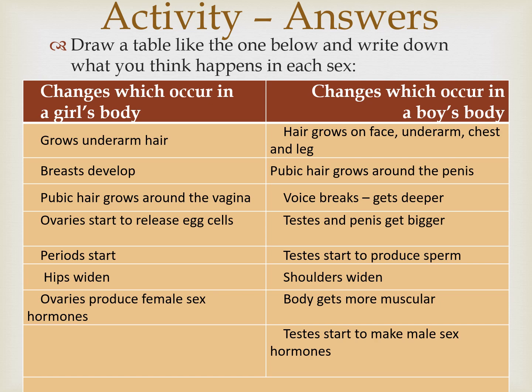In boys, it's slightly different. Okay, so you'll get hair growing on your face, your underarm, your chest, and your legs, as well as pubic hair growing around the penis. Your voice will break and it will get deeper. So you'll notice some of your friends' voices will start to get deeper, male voices. That's because their voice is breaking as they go through puberty. The testes and the penis will get bigger. The testes will start to produce sperm, the male sex cell. Their shoulders will widen, they will get more muscular, and their testes will start to produce the male sex hormone